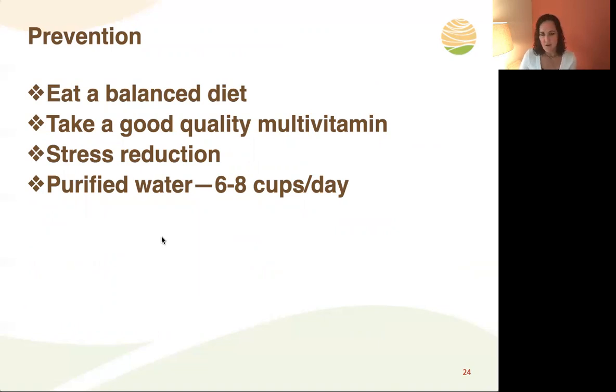Eating a balanced diet is always important. We live now in a day and age where we're exposed to a lot more toxins. You walk outside and you breathe in car exhaust. I mean, we have a lot of stress that depletes our vitamins. And so really making sure our diets are wholesome and balanced, fruits, vegetables, healthy grains, healthy proteins, and finding healthy fats and the dietary approach that's optimal for you. Sometimes taking a good quality multivitamin, stress reduction, and drinking a lot of water, which really helps with energy production